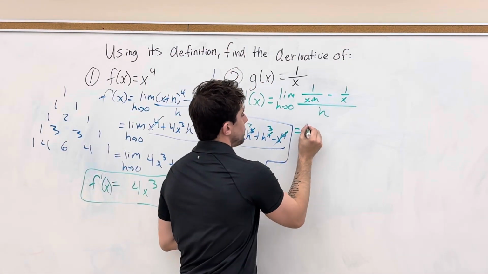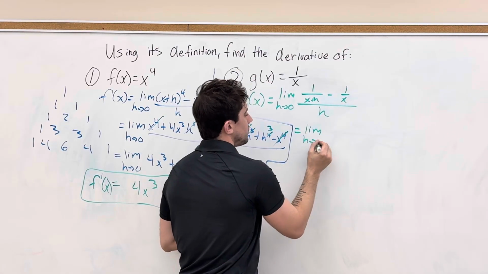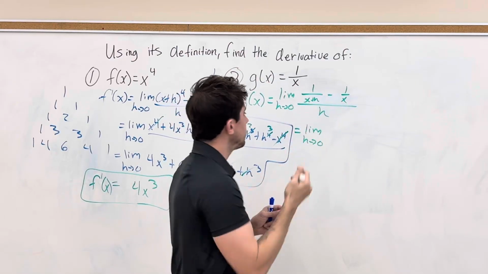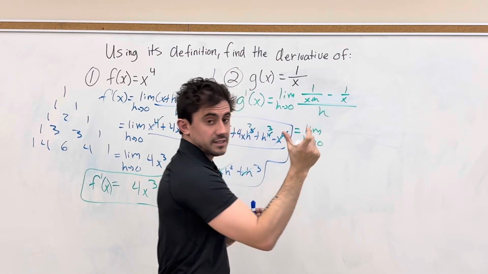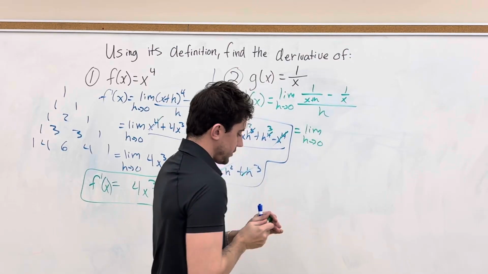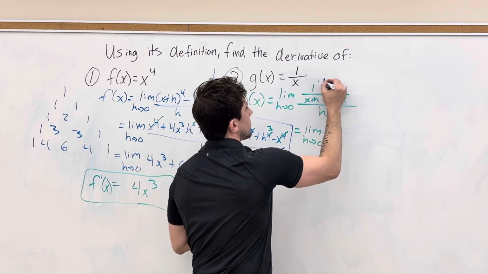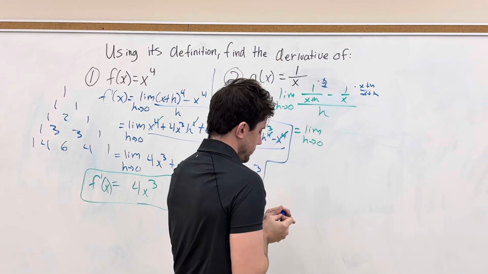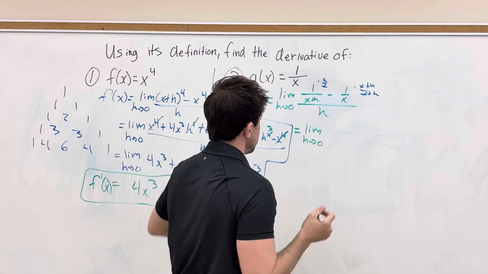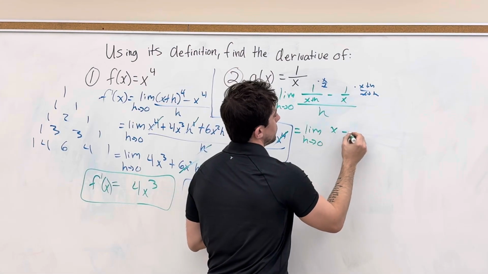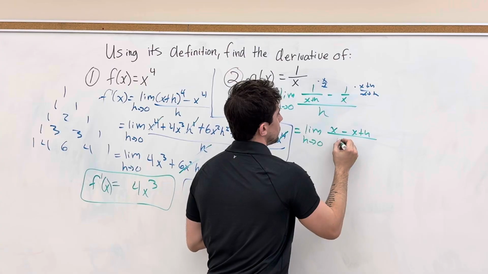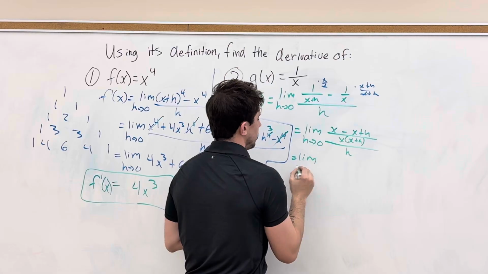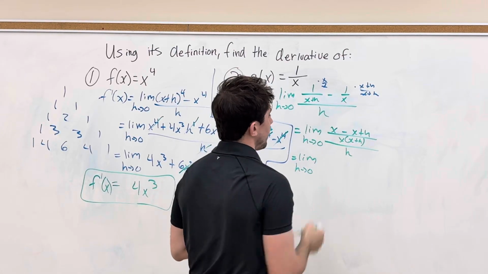So let's go ahead and manipulate that as needed. We are still evaluating the limit as h goes to 0 of, let's get a common denominator in that numerator. So let's get both over x times x plus h. So we'll multiply the first term times x over x, this term times x plus h over x plus h. And so that brings us to the limit as h goes to 0 of x minus x plus h all over x times x plus h all over h, which is the limit as h goes to 0 of x